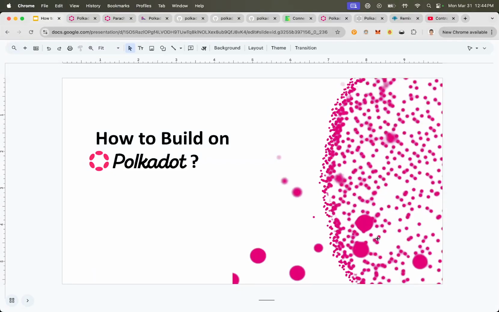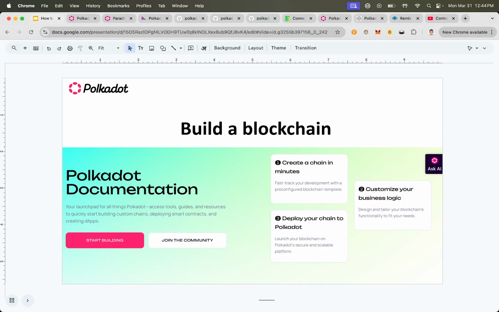So you want to build on Polkadot. How do you get started? What are the different pathways? There's a few pathways and there's trade-offs to each one. The most obvious one is building a blockchain that's connected to Polkadot, which we call